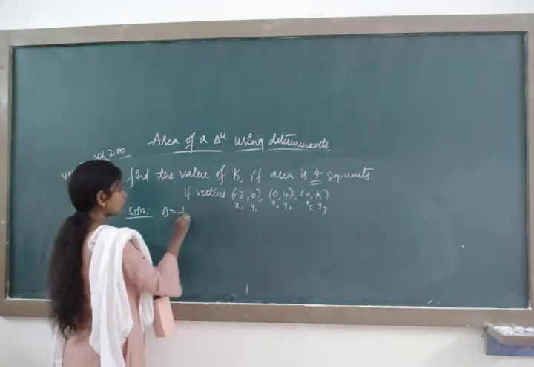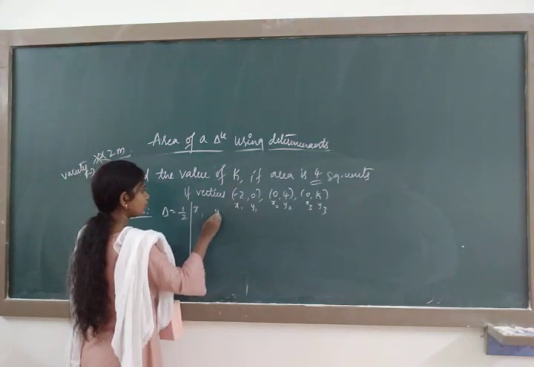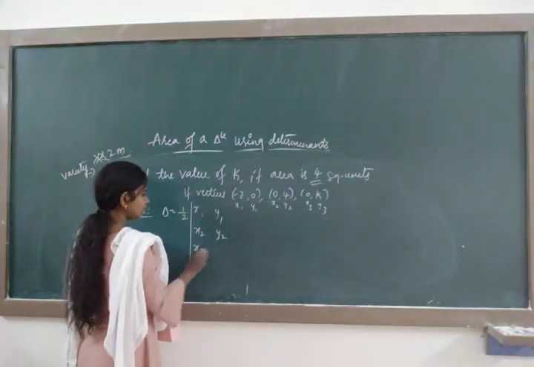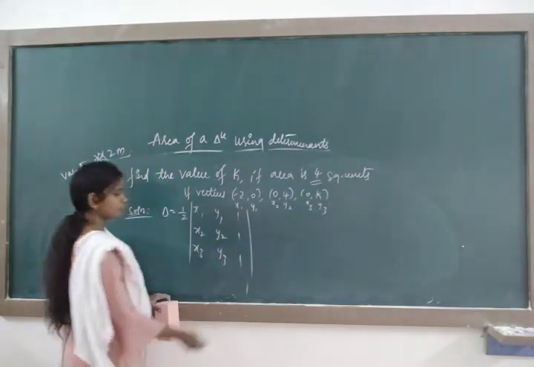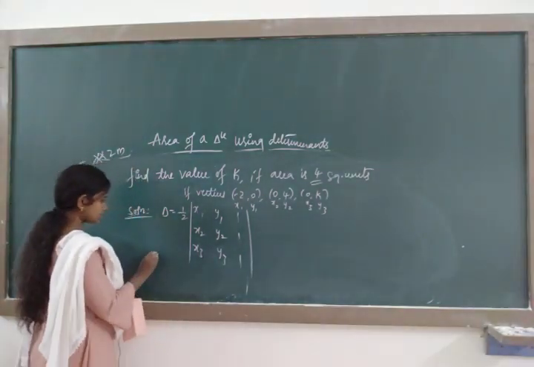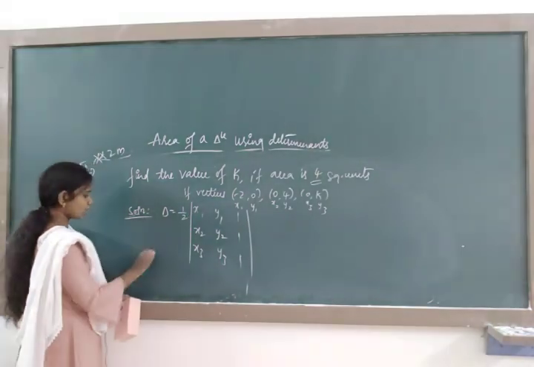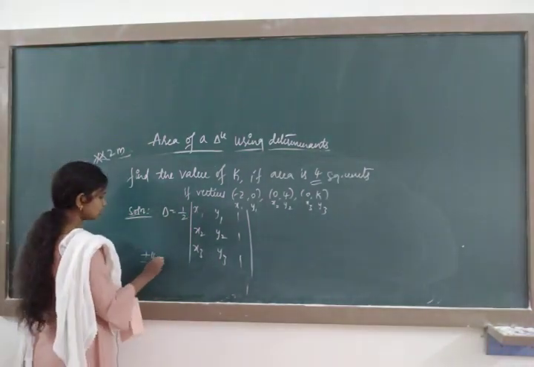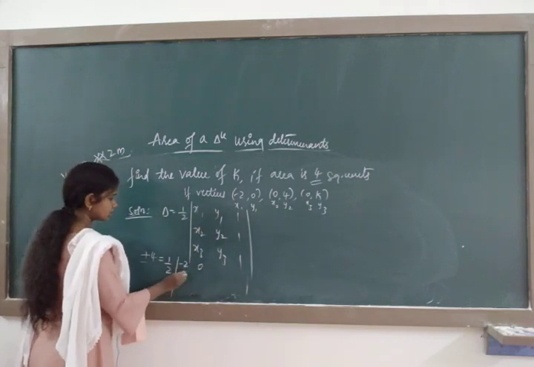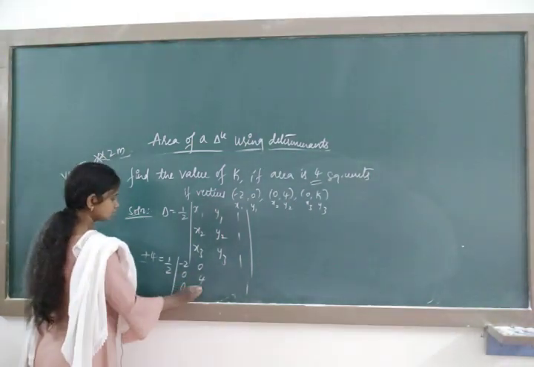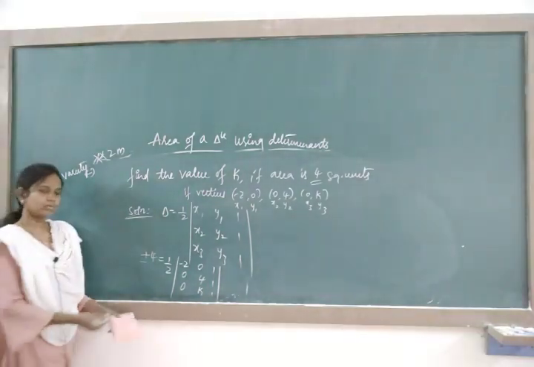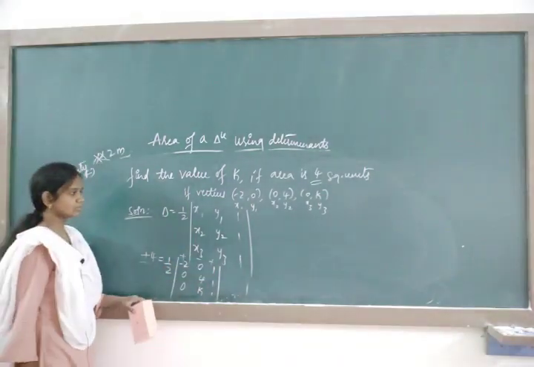Delta is equal to half. Write the formula: x1 y1, next below this x2 y2, next below this x3 y3. Fill the third column with 1 1 1. Now this implies, I will substitute 4. Instead of 4, as I said, you have to prefer plus or minus 4, is equal to half. What is the x1 y1 value? Minus 2, 0. Next it's 0, 4. It's 0, k. Right here 1 1 1. Now you know the expansion: plus, minus, plus.